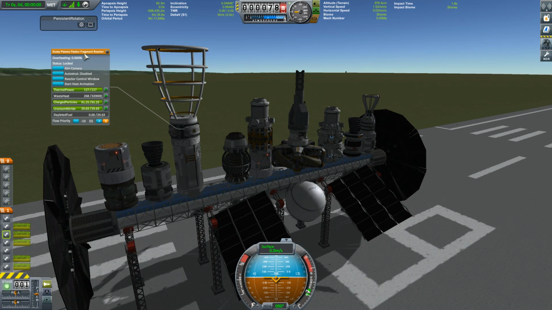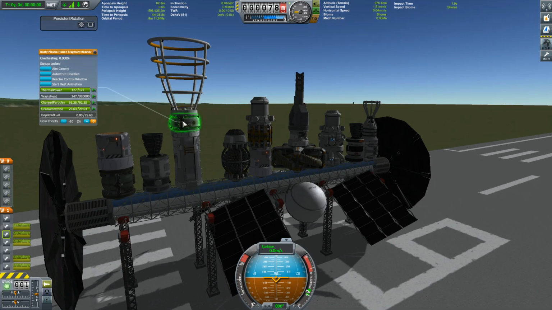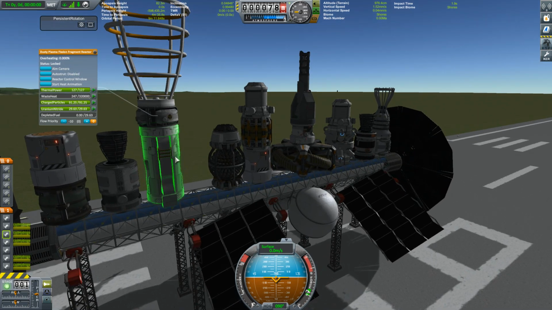But coming back to the dusty plasma reactor, it's the first fission reactor that is able to create charged particles, which is basically a beam of ions that can be used for different things than the thermal power. The thermal power is basically just the heat, and it's either being converted into electricity or channeled through a nozzle. The charged particles you can either